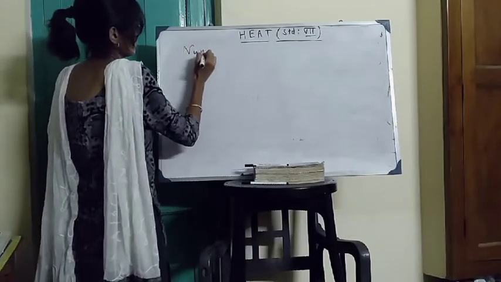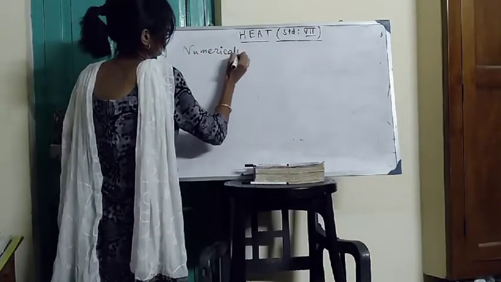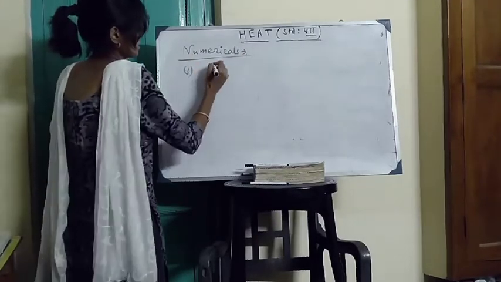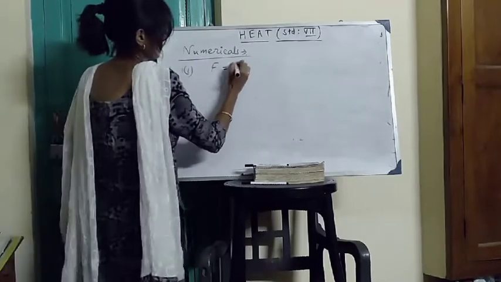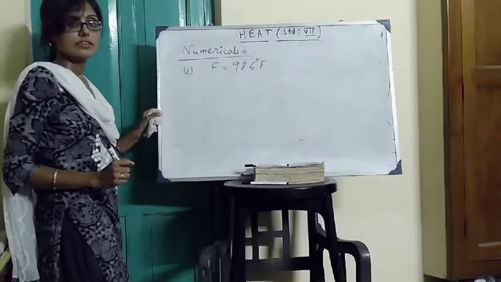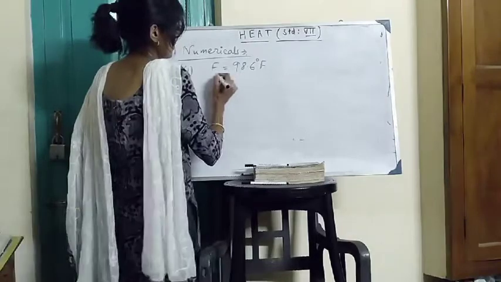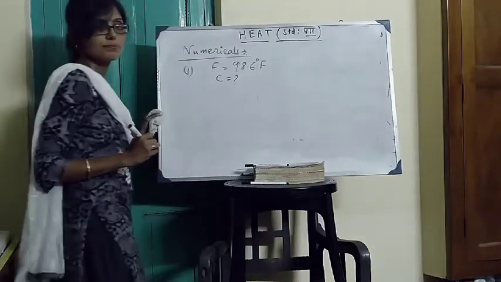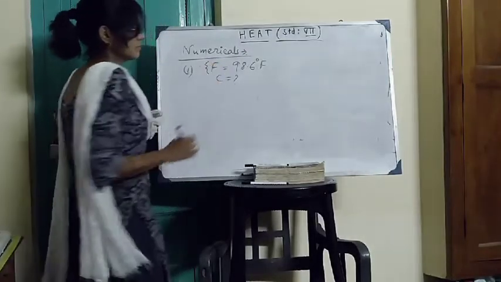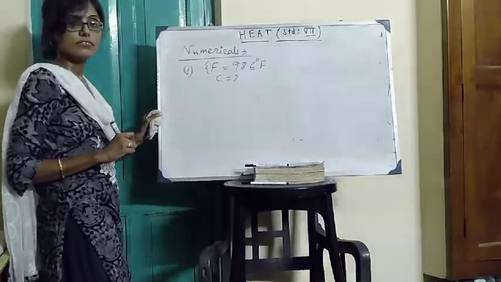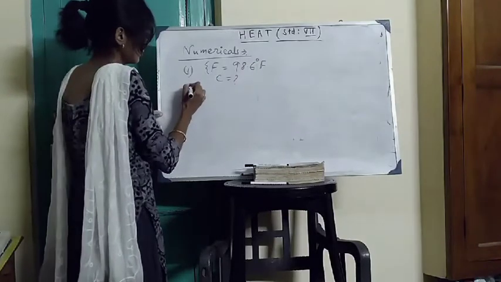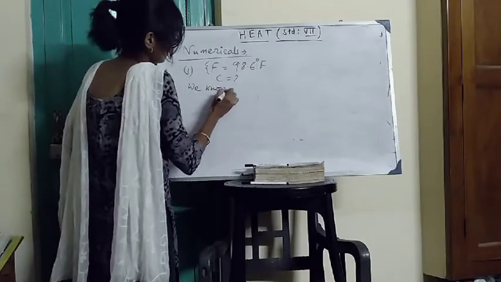Numericals. Suppose human body temperature. Normal temperature of human body is 98.6 degree Fahrenheit. We have to find this temperature in Celsius scale. How to solve? At first, write down the value. F is equal to 98.6 degree Fahrenheit. Which relation will we use? This is a fixed temperature that is given, so use the formula